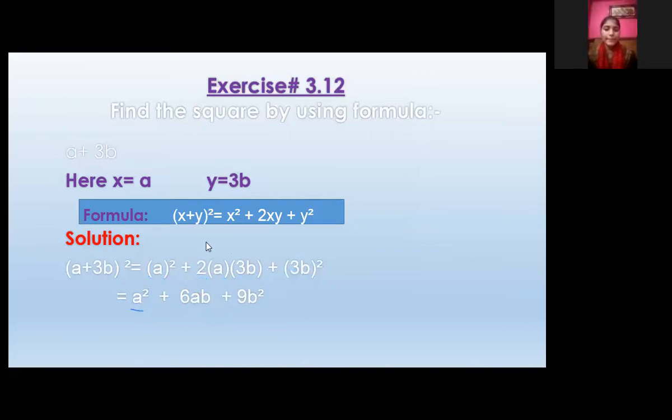The next question is, 5a plus a upon 5, we have to find the square of. Kindly raise your hand and discuss this question with me. Okay, copy down this question in the notebook. Try to attempt this question as quickly as you can. Just think that your live quiz is going on with your teacher and you have to give me the response within seconds. So I want you to raise your hand quickly and discuss this question with me.